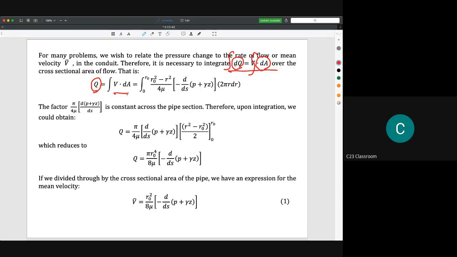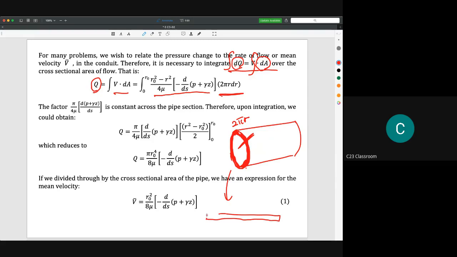We substitute the value of v, and then we give the value of dA. dA can be assumed as 2 pi r dr. For example, we have a very small strip here, the cross-section of this hollow cylinder, where 2 pi r is the circumference of this one. When we cut it here, we can change it into a very long, thin strip